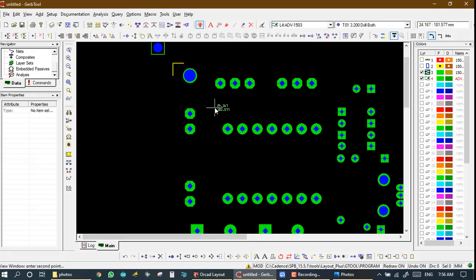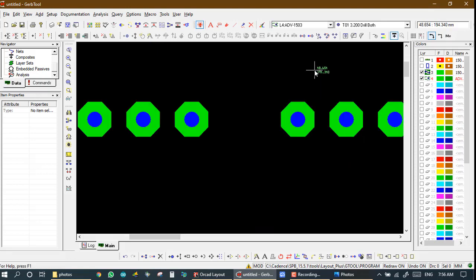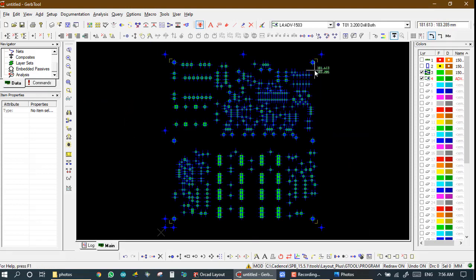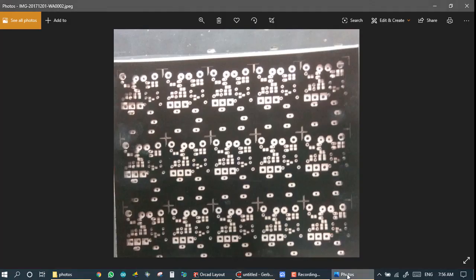so this is my two layers. Layer 3 is my masking layer and 4th is my NC layer, and this is my original production PCB. Here we have two layers also. This one in black color is my masking layer film of production, and it is my PCB panel, and it is drilled by the NC layer. So this center hole is a drill, and this black color film is the masking film.